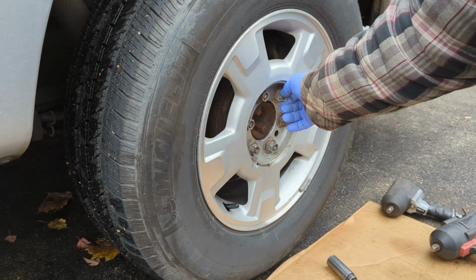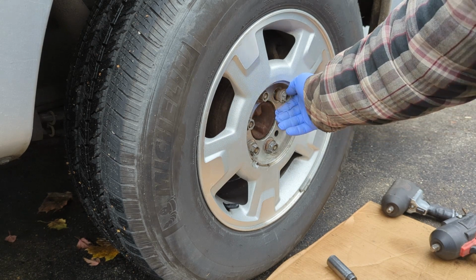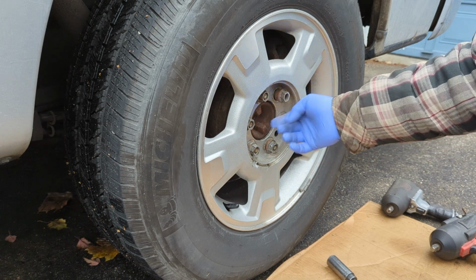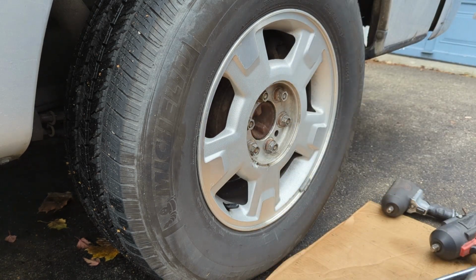And I just know from experience, because this is my own vehicle, that these ones come off really easy. You can spin them off by hand, very easy. But you know what? Sometimes they're tough, and you can't get them by hand. So maybe you just want to